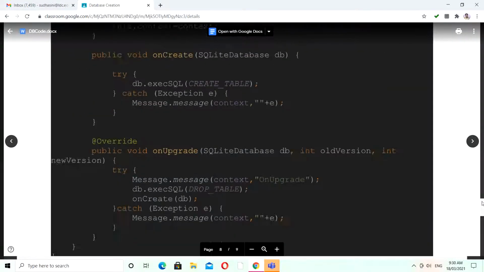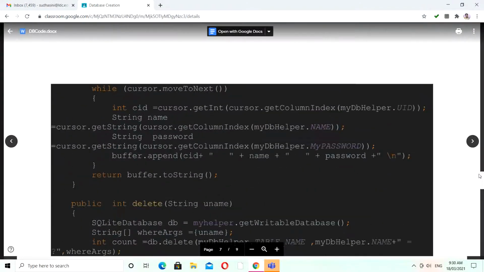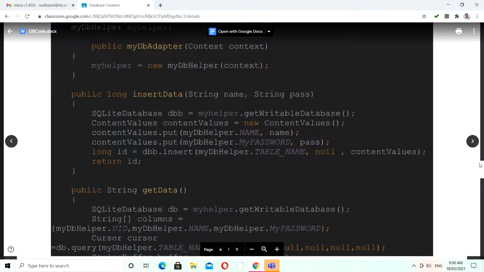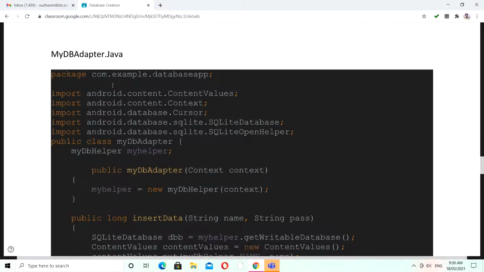Okay, next we will move on to the coding part of MyDbAdapter.java. So here in this MyDbAdapter.java, what we have is the entire operation of your database concept.